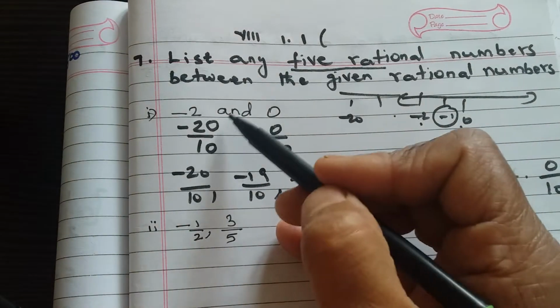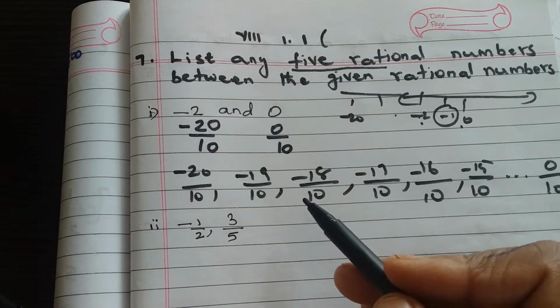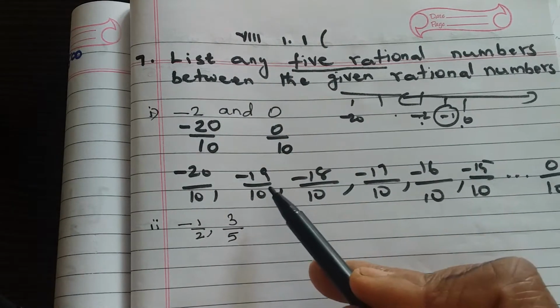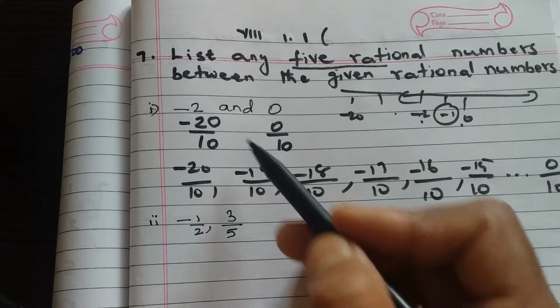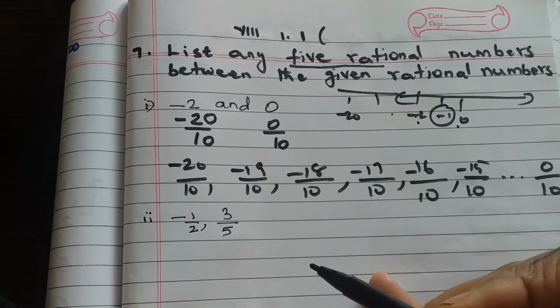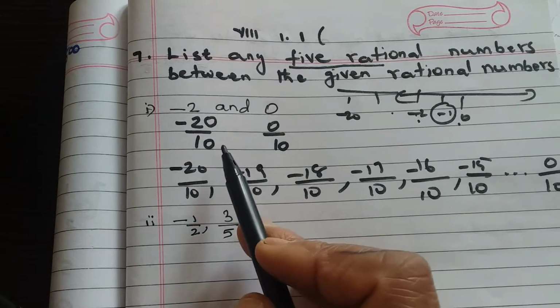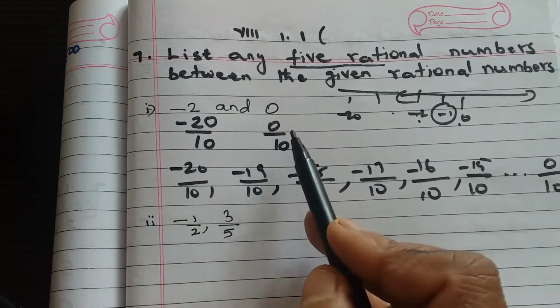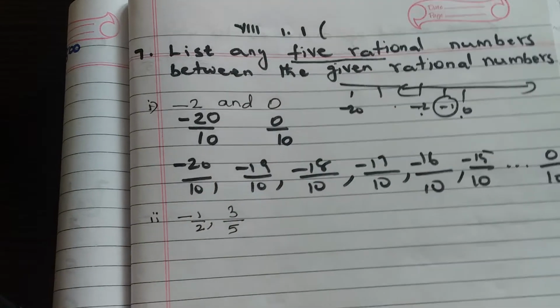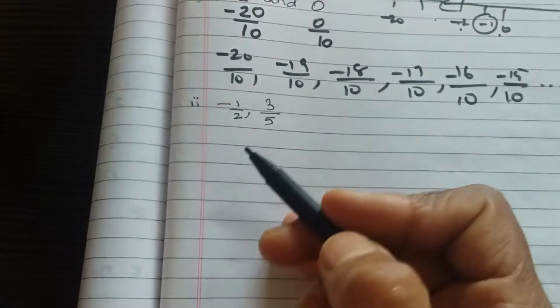If you put one more 0, if you multiply by 100, we can find many more numbers, more than 100 numbers. If you multiply by 1000, we can find 1999 numbers. Like this, infinite, countless rational numbers can be found between two given rational numbers. This is a concept you have learnt already in the introduction. Now I am just recalling that.